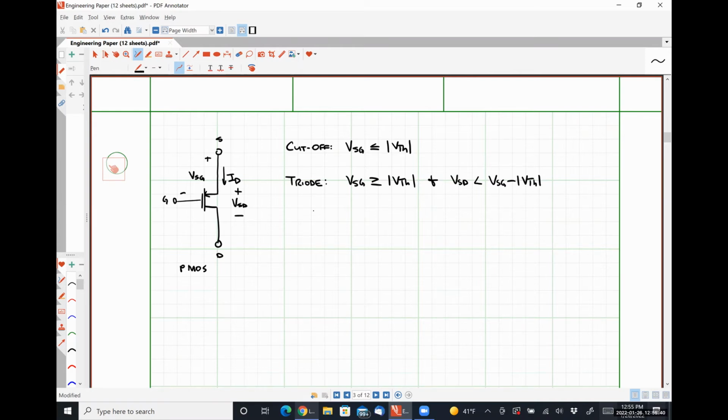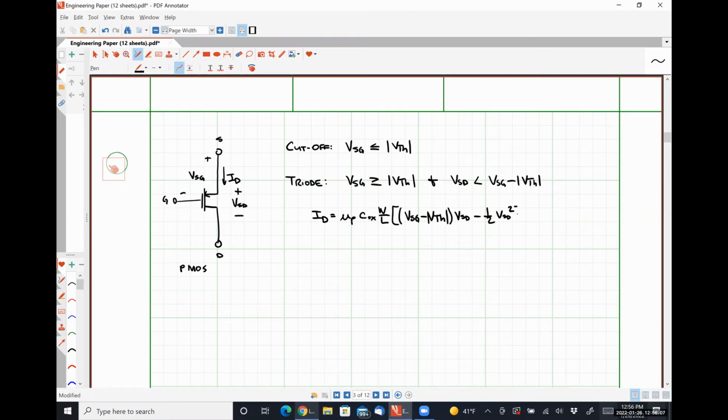In this region, our drain current is given by mu P Cox W over L times VSG minus the absolute value of VTH times VSD minus 1/2